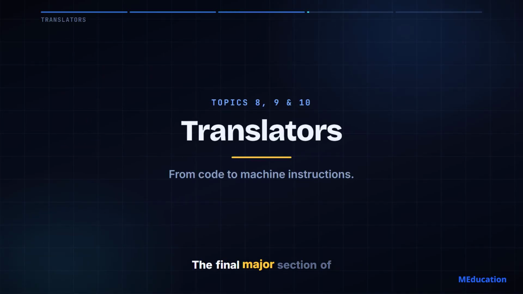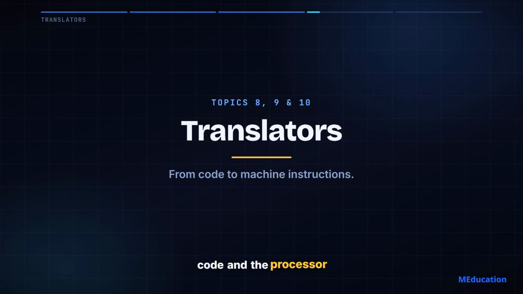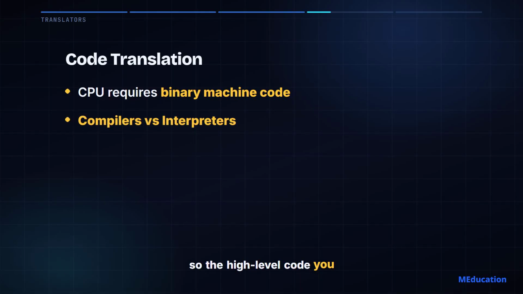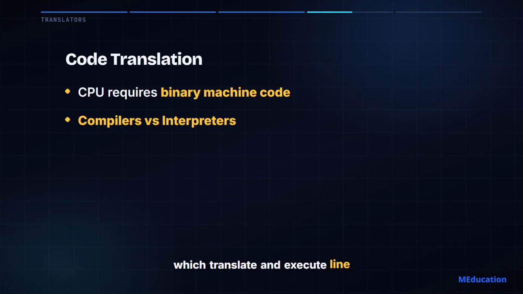The final major section of this unit tackles translators, bridging the gap between human-readable code and the processor. Your processor only understands pure binary machine code, so the high-level code you write in languages like Python or Java must be translated. You will compare compilers, which translate the entire program before execution, against interpreters, which translate and execute